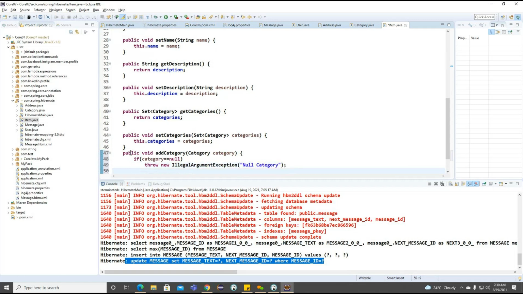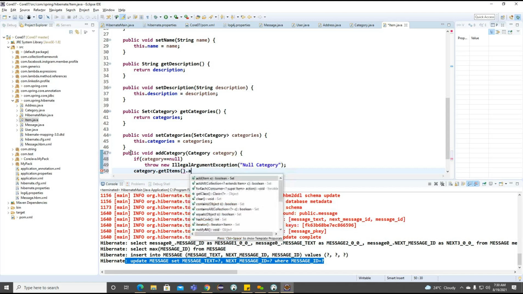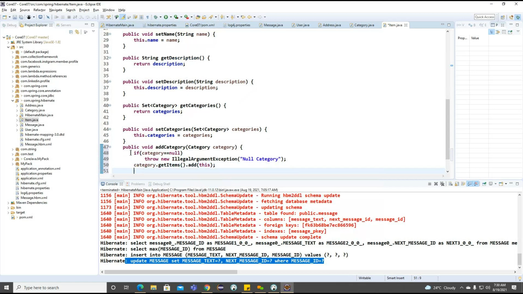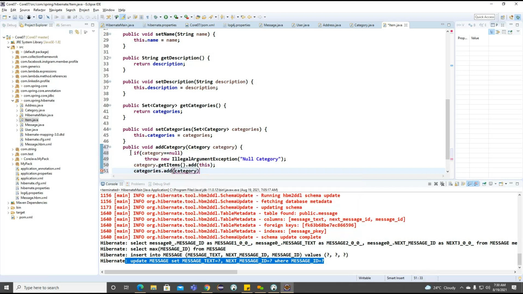And if it is not null here, now what we can do, the above category what we are doing here, I'm trying to load the get items here. Get items dot add whatever the current object we are having, I'm trying to set into the items here, and categories dot add category.